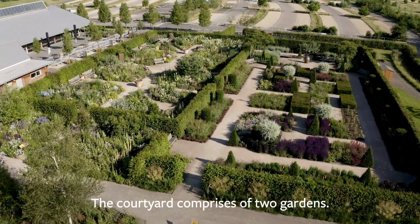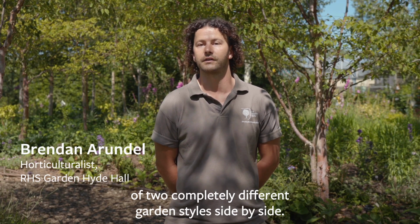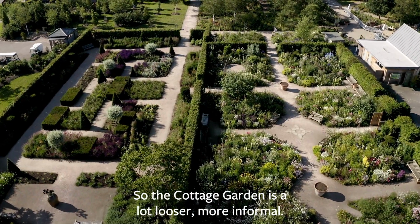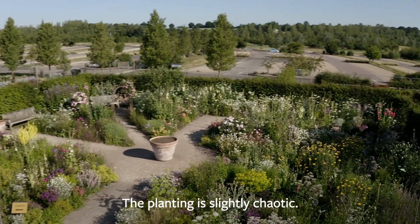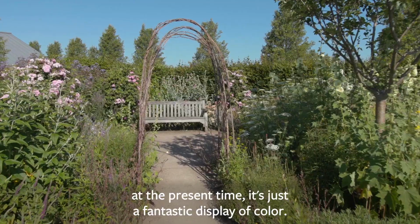The courtyard comprises two gardens. We wanted to showcase two completely different garden styles side by side. So the cottage garden is a lot looser, more informal. The planting is slightly chaotic. Honestly, if you go into the cottage garden at the present time, it's just a